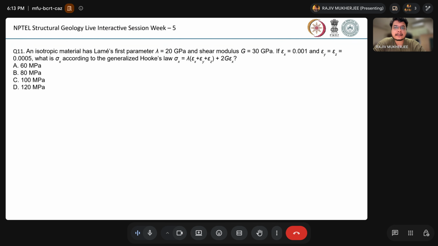So all these values are given. You simply have to plug these values into the equation of the generalized Hooke's law, with the first Lame's parameter given here in this question. You just use this formula to calculate the value of the stress acting along sigma x. Now the material is isotropic, so epsilon y and epsilon z are equal,